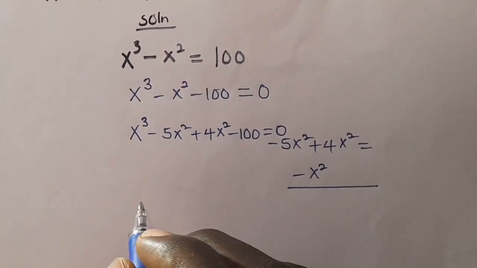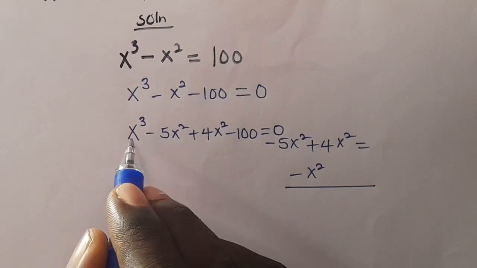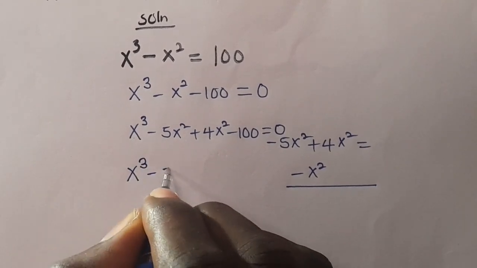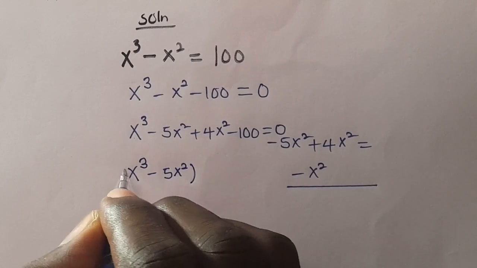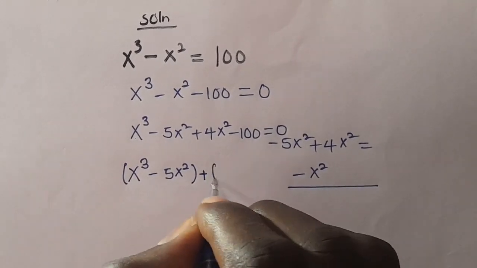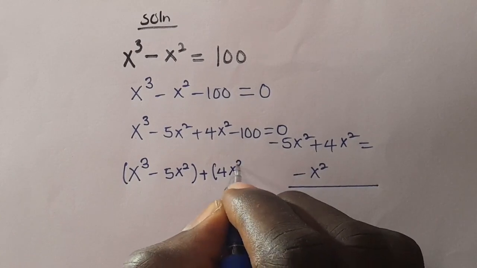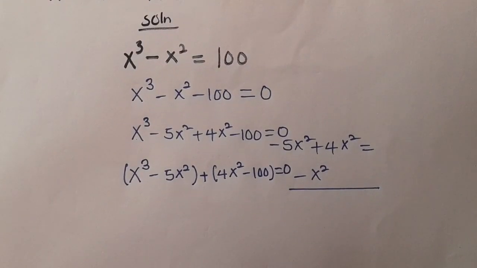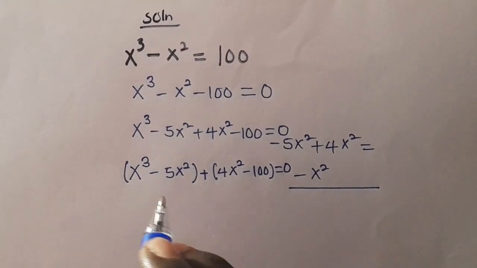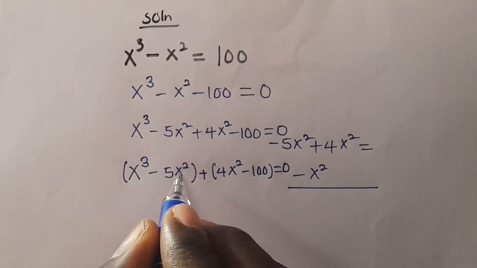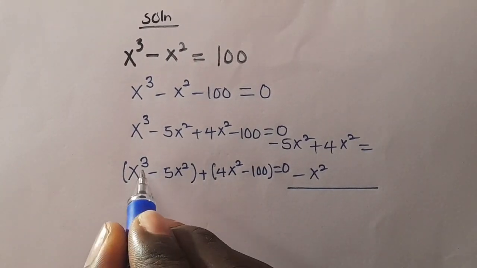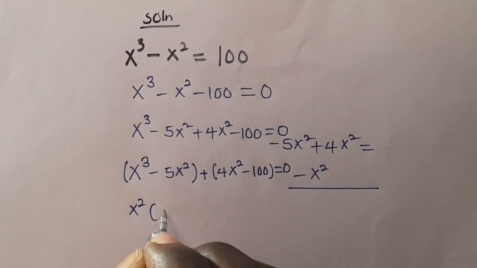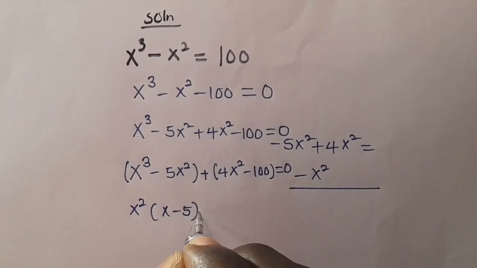So from here now, we can do something reasonable. Let's take this together. Then we have x raised to power 3 minus 5x squared, plus 4x squared minus 100, then we have everything equals 0. So now guys, from here, we have x squared in common, so we can factor x squared out. Then this one will now be x minus 5, plus